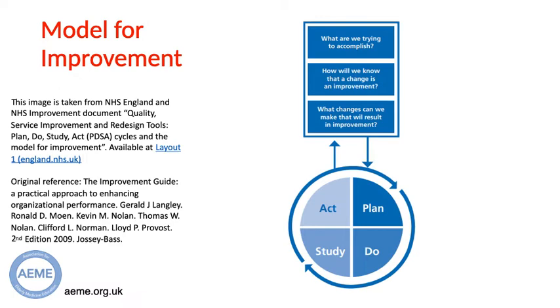The first 3 questions help design the project and set out the data and measures that will be used to demonstrate that the changes had an effect. We will look at these next. This is then followed by a PDSA cycle. Plan, do, study, act. The circular nature of this allows for multiple cycles to be ongoing and adapted.